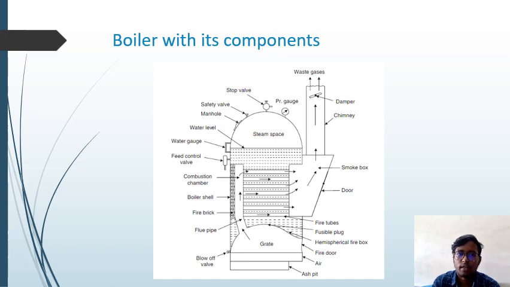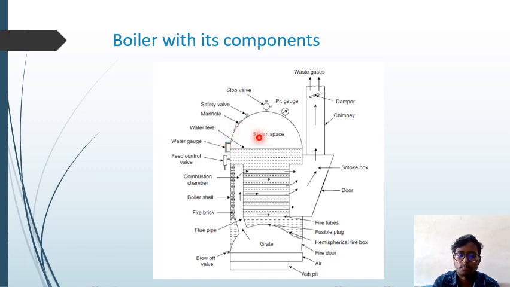Here we can see the boiler with its components' names marked on it. It is a type of vertical fire tube boiler. We can notice the ash pit, which collects the ashes, and the grate where the fuel is burned, and it is the combustion chamber, and here is the boiler shell where the water flows, and feed control valves, and water gauge and water level indicators to measure the water level, and it's the manhole where a man can